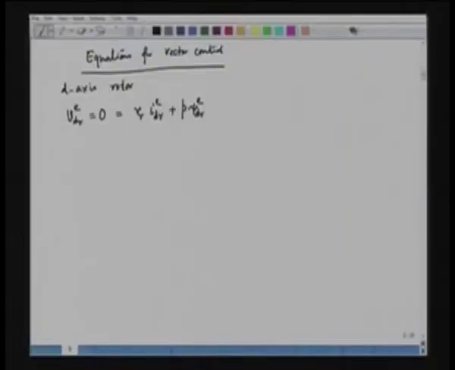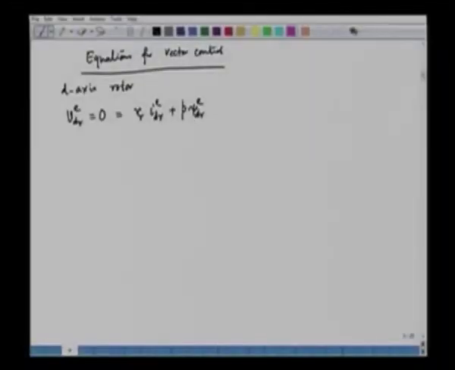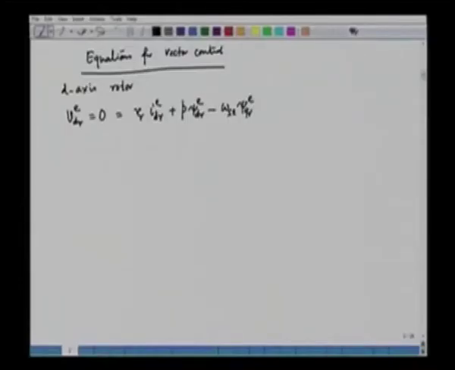So, we can go back to our equation here. We have minus omega_sl into psi_qr^e. This is the first equation, which is in the d axis. Now, we have already seen that psi_qr^e is equal to 0, so we can cancel this term. If psi_qr^e is equal to 0, we can simplify this and say that 0 is equal to R_r i_dr plus